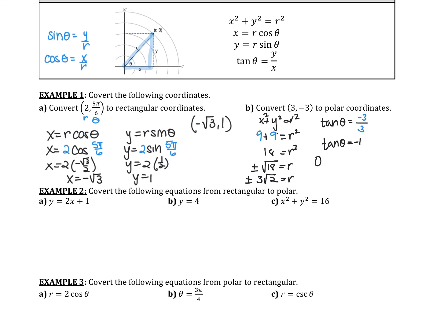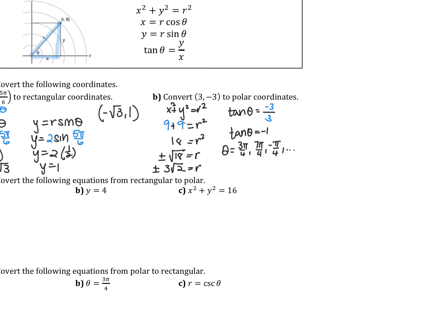And if I go and solve for theta here, I would get 3 pi over 4, 7 pi over 4, negative pi over 4. We could go on for an infinite number of points if we start looking at all our coterminal angles. But the key is I need to watch my quadrant and figure out where this point might be. So the point 3, negative 3,